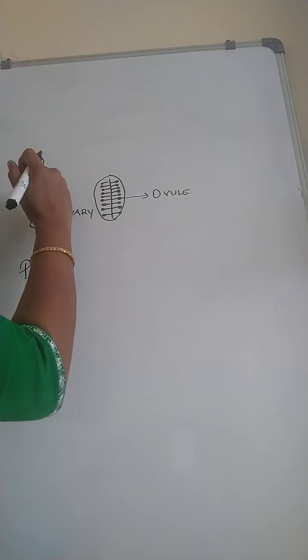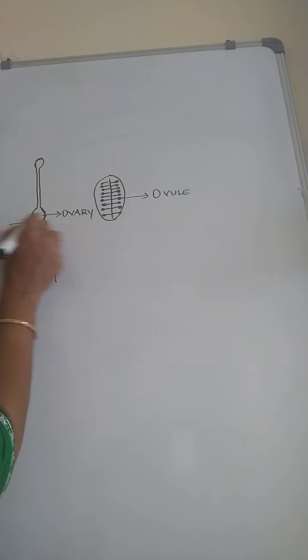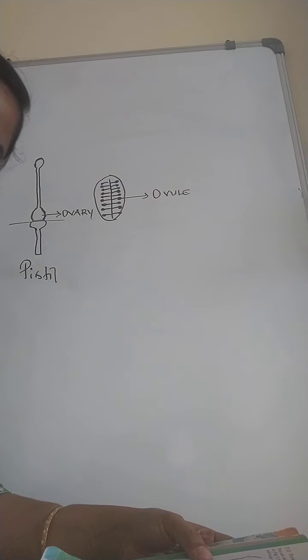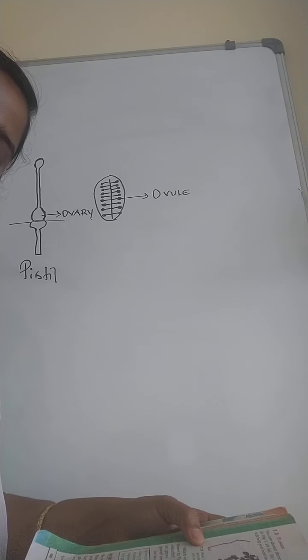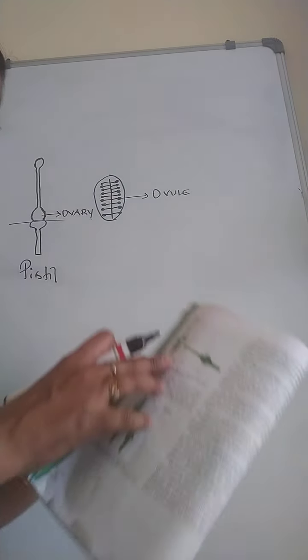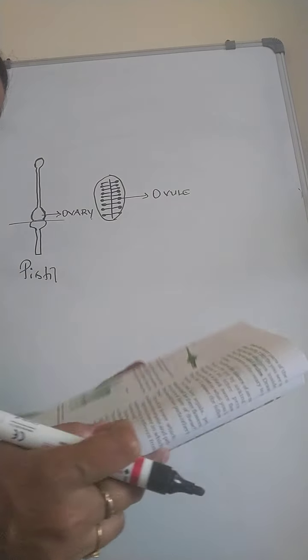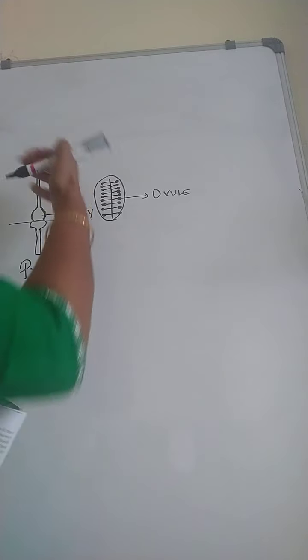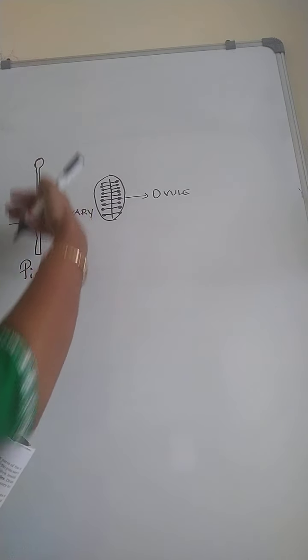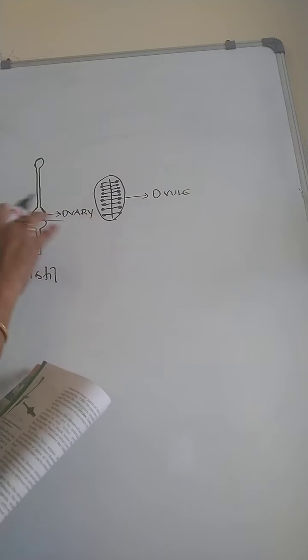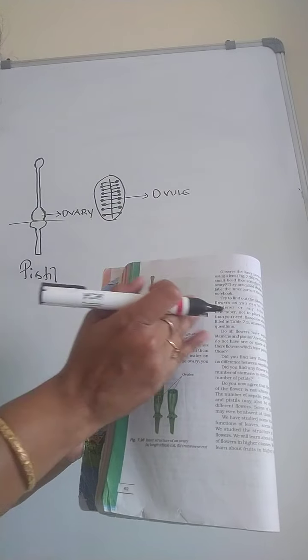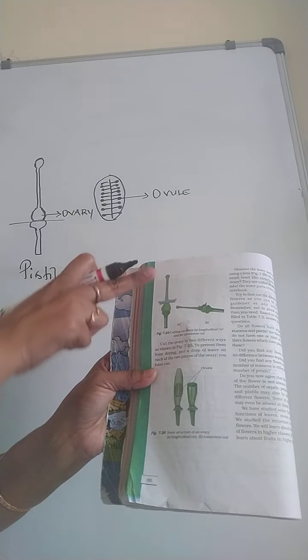So we are going to cut the ovary from here. If you cut like that, you can see Figure 7.25a and b carefully to understand how to cut the parts of the ovary. In this diagram, you want to cut the ovary with a longitudinal cut and a transverse cut. Transverse cut means half cut. Longitudinal means a straight cut like this.